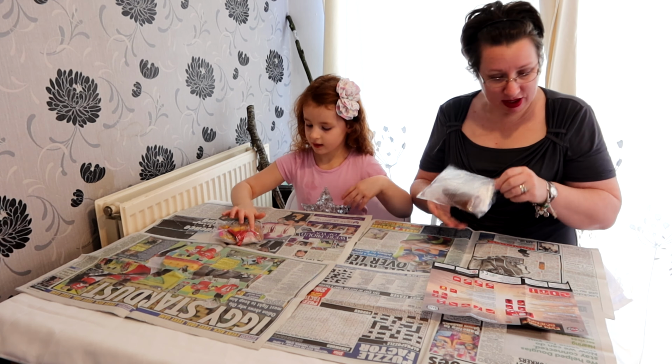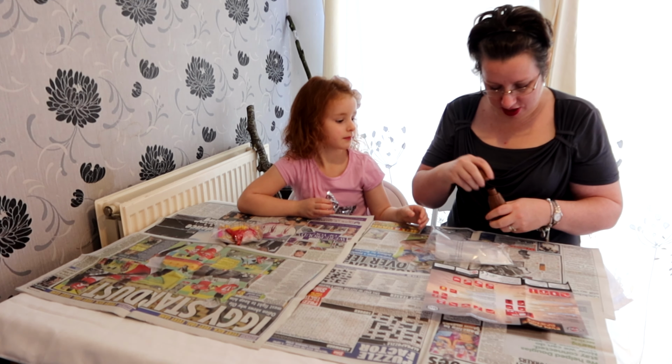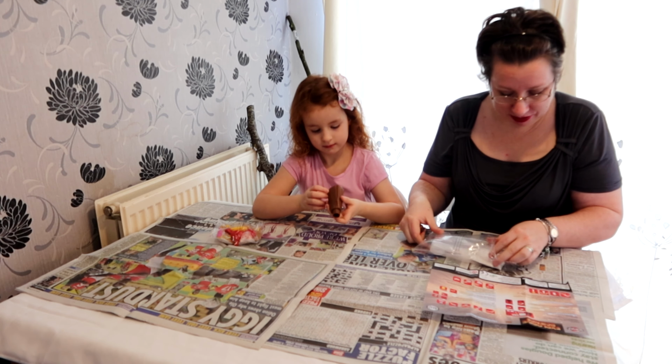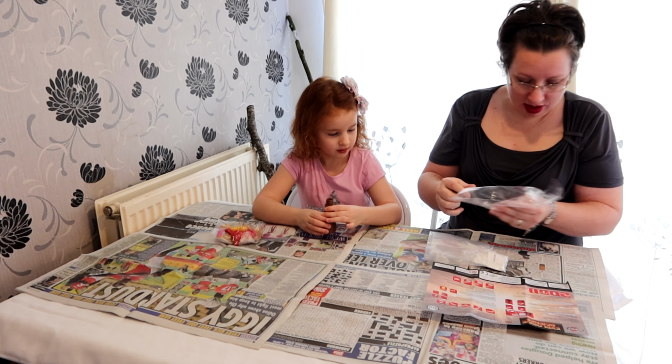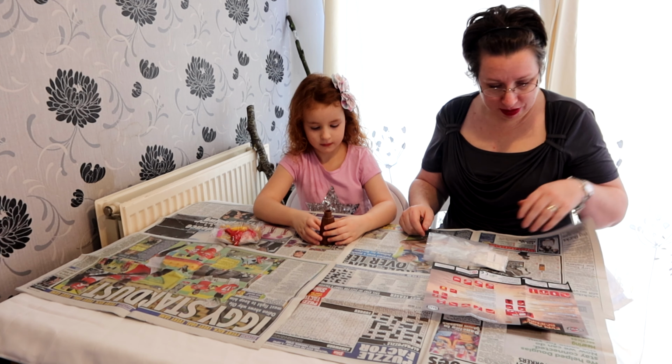Is it going to be hot lava? Can I touch it? No, it won't be hot lava. Cool. Hence the reason why I put the newspaper down. Why? It's going to go bubbling all over the table. Right, so...